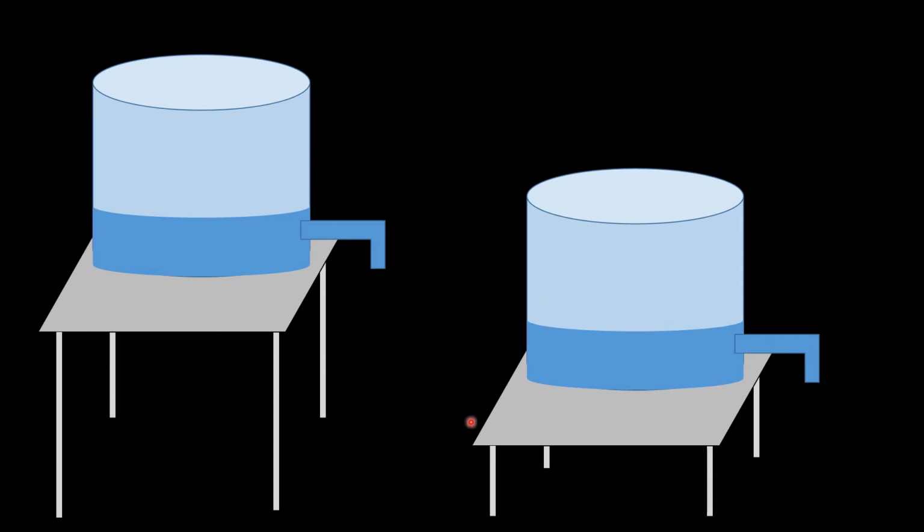What difference do we notice when we compare the flow of water from the left side tank and from the right side tank? We know that the one which is kept at greater height will have water flowing through the tube at a faster rate, isn't it? Because pressure is more here. As you increase the height of the water tank, the pressure on the water increases, and hence the speed of flow is also more as compared to the one in the right side water tank.